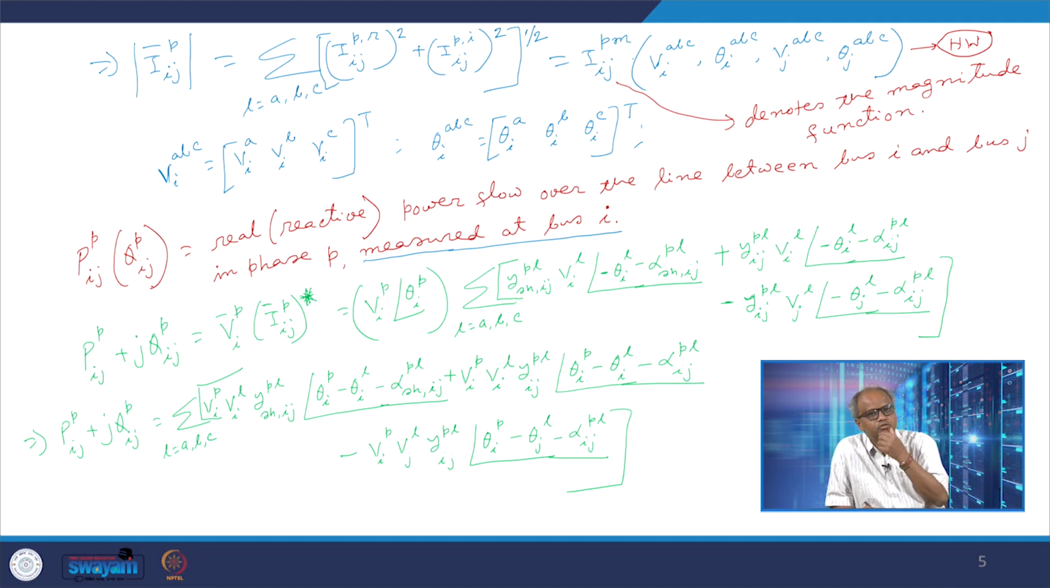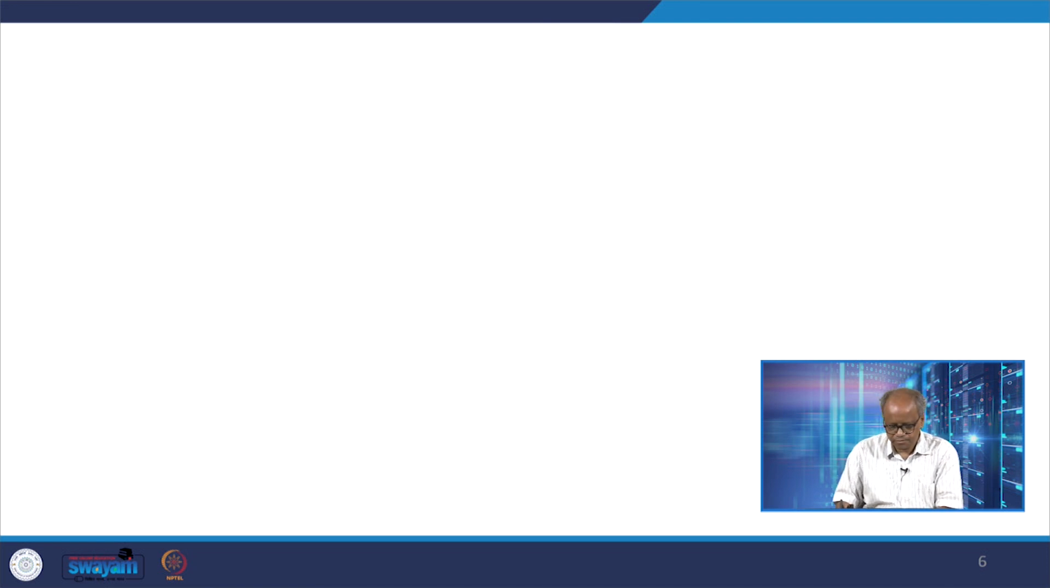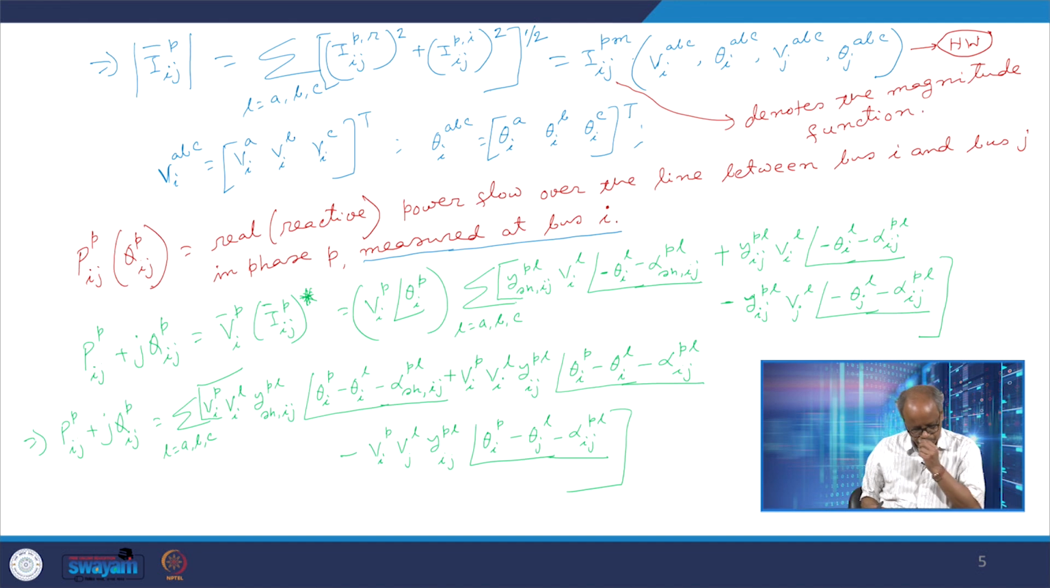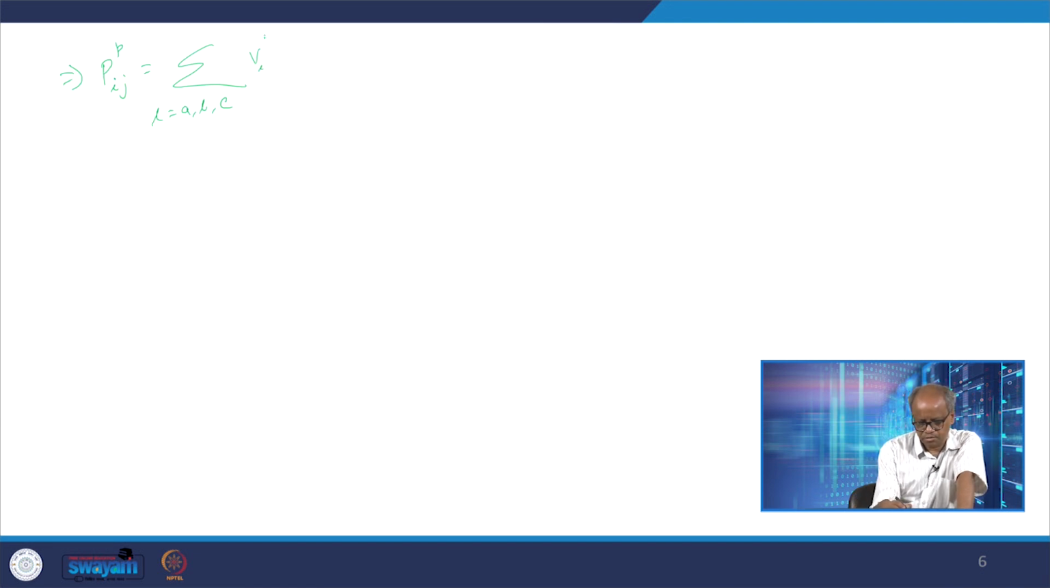So this is P_ijp plus jQ_ijp. So then if I now just do the real and imaginary part subtraction, then from there I can find out P_ijp, L A B C. Just take the real part. So, it is V_ip V_il Y shunt_ijpl cosine of theta_ip minus theta_il minus alpha shunt_ijpl